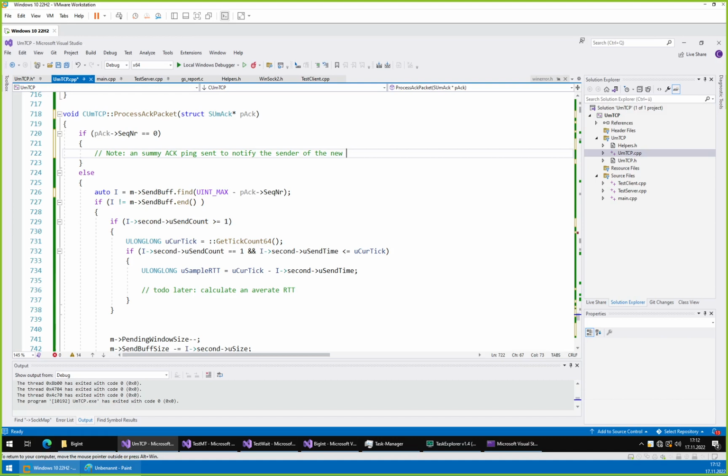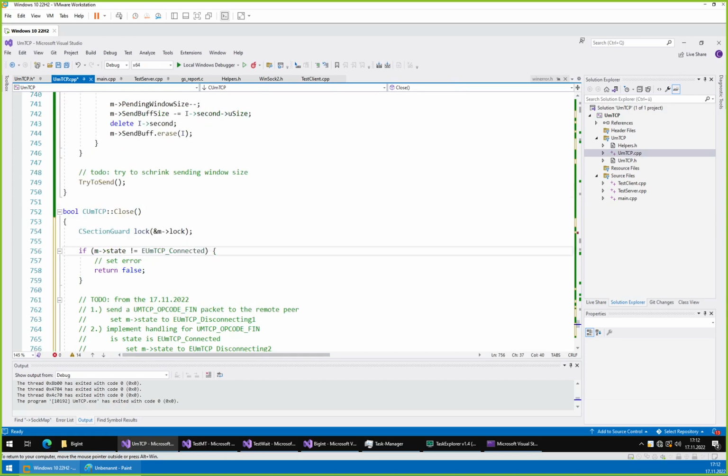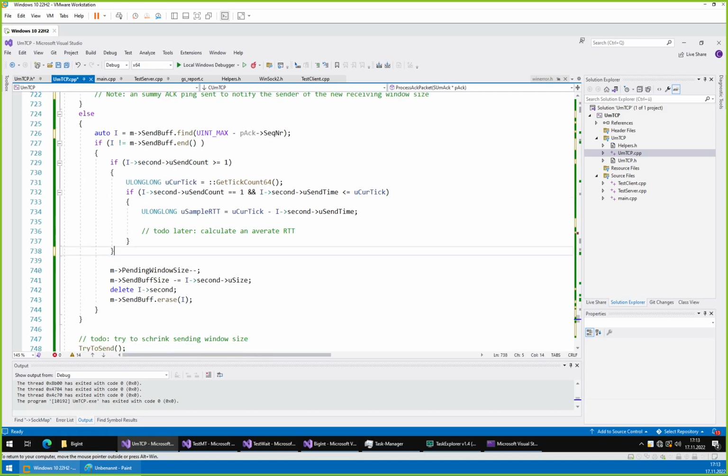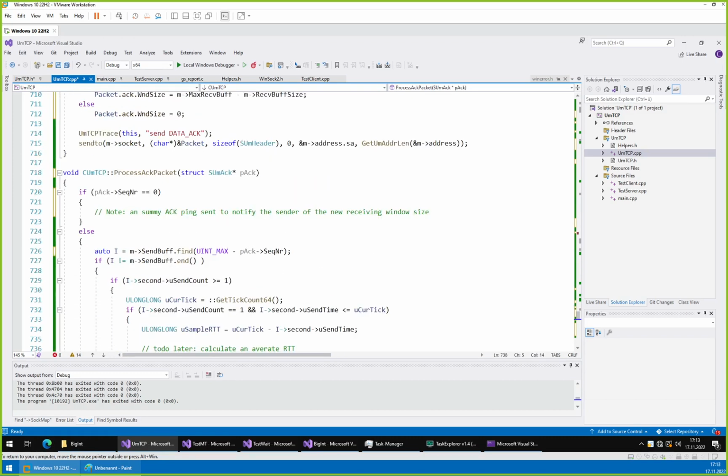Of the new receiving window size. Okay, and we could check whether it's larger than 0 and complain if it is 0, but I think we don't really need to be that pedantic at this point. This is for later, close, and then we need somewhere for too much,